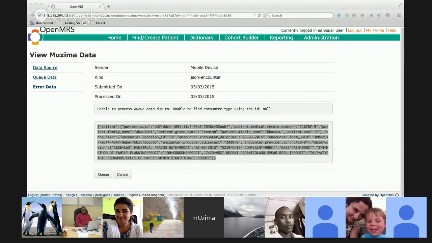Because if that's the case, I was thinking, the same way we have the error message appearing just above the form details, which says unable to process queue data due to whatever error that is, is it possible to have the listing of all the errors captured on that particular form, just as a point of reference, so that if you're tackling provider ID location, you pay attention to that list above the editable text field?